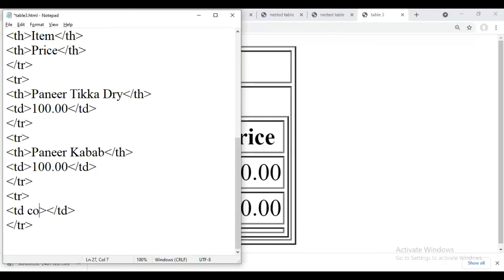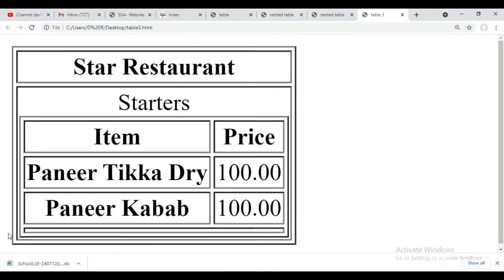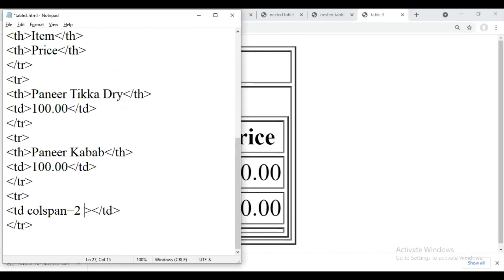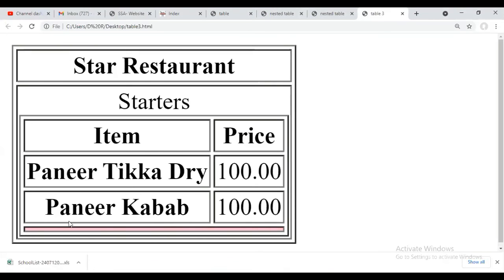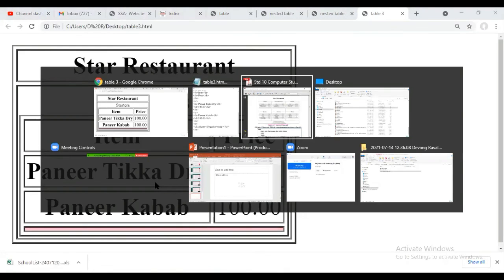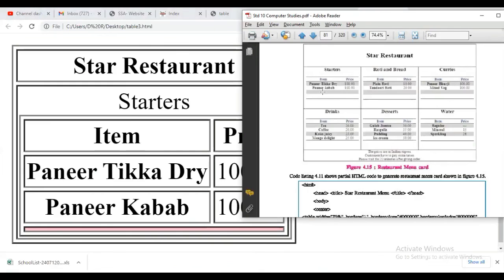The first row first column to expand for 2 columns, like this. Okay, and BG color is equal to pink, for example. Okay, now it is like this. So the color that you are getting here, that color we have set here. Okay.